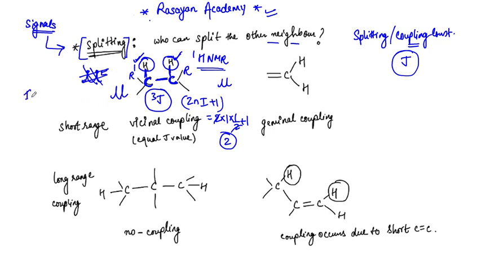And whenever you see that the I value is half, you can directly follow this rule that 2nI plus 1, you can also move it to n plus 1, where n is basically the number of atoms that we are having over here. Okay, so let's say if we are having one adjacent proton, so this proton is going to split the peak for this hydrogen into a doublet, which is what we found out from over here, right? Yes, so this is how it is going to work.